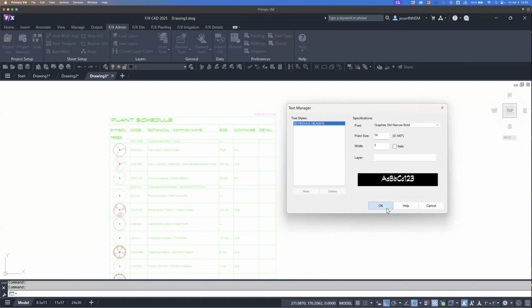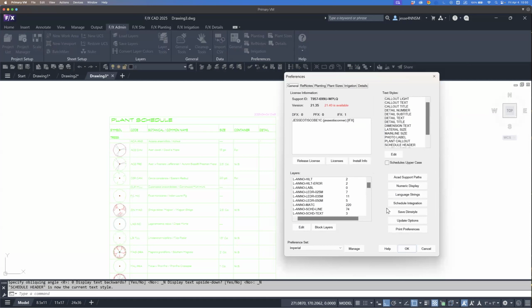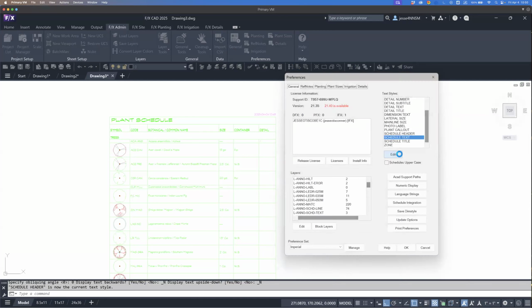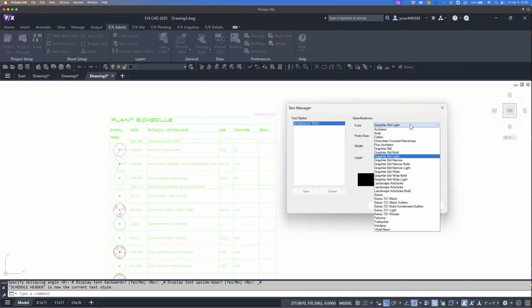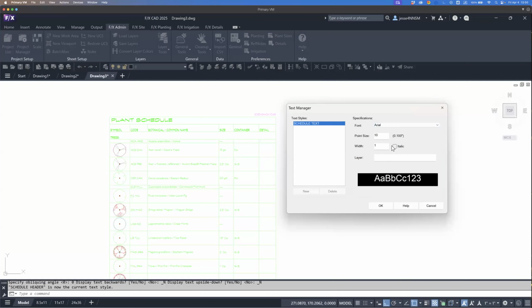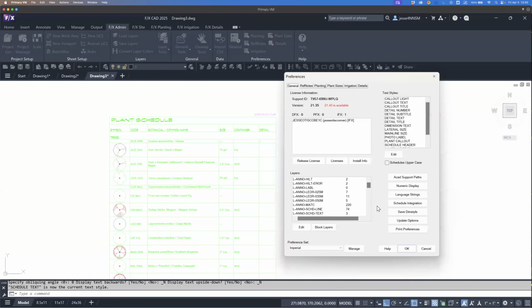And when that gets done thinking and saving itself in there, it's going to update in the schedule live in the drawing there. And then if I wanted to continue editing, say I want the schedule text to be maybe classic Arial. I do have a weird liking of Arial. I'm one of those normal people, but I love me a good sans serif font. I'm going to say okay there, and we'll see the graphite font being used in the plant schedule get switched